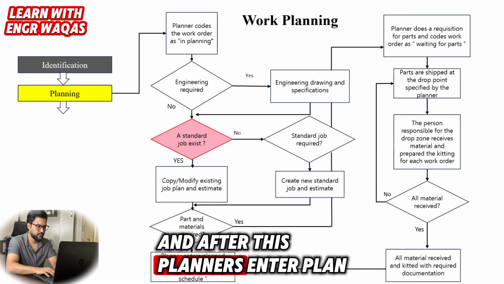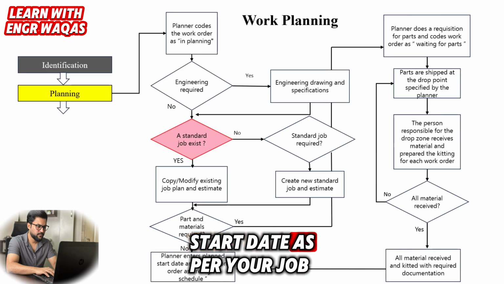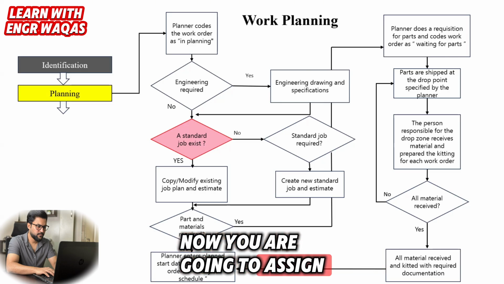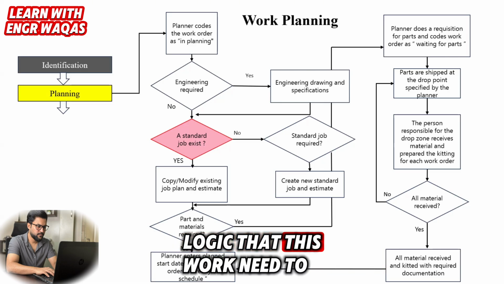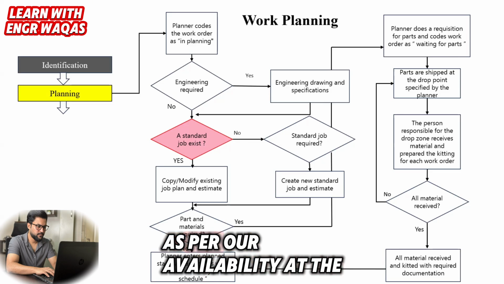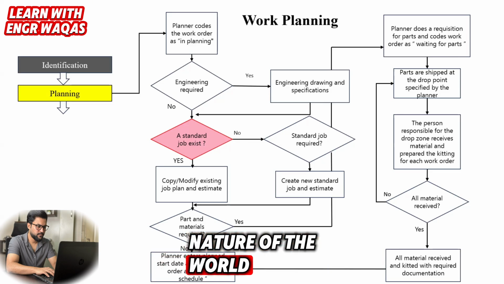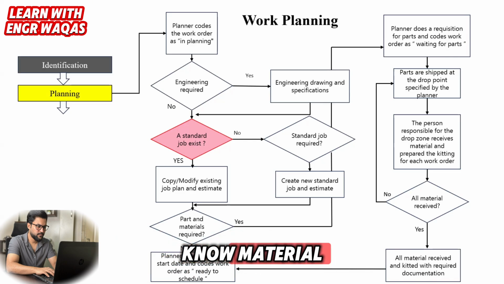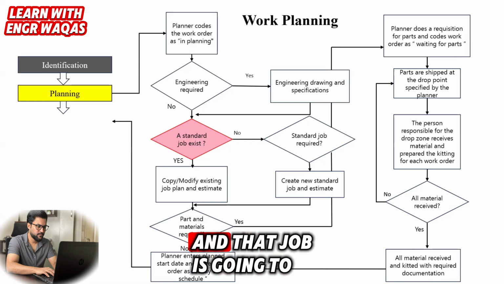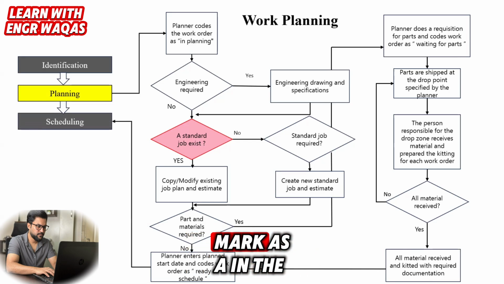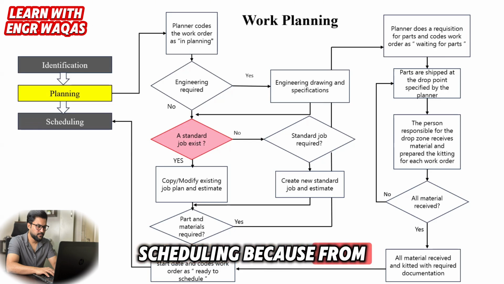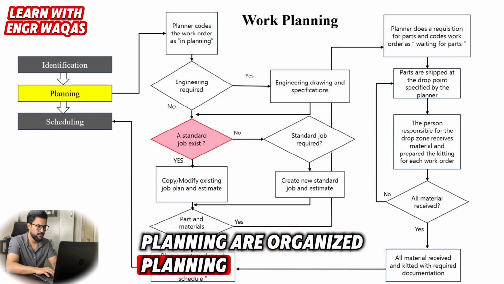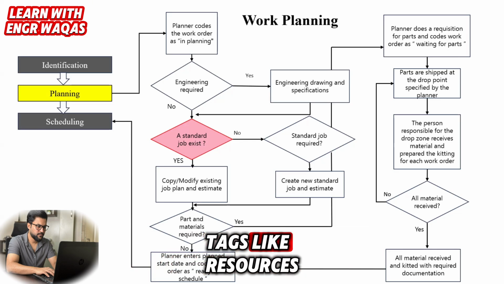After this, planners enter the planned start date as per your job estimate and your material availability. Now you are going to assign logic that this work needs to be started on this date as per our availability and the nature of the work. You need this much time, crew, resources, and availability of material. You are going to plan that job, and that job is going to be marked in the scheduling, because from strategic planning to detailed or organized planning, it will be carrying all the tags like resources,